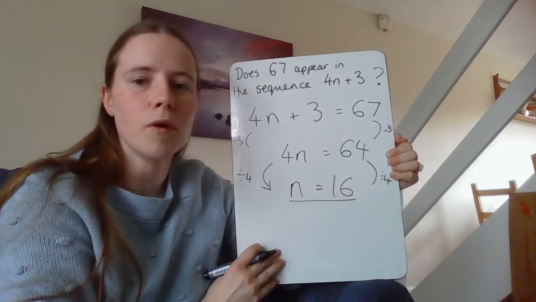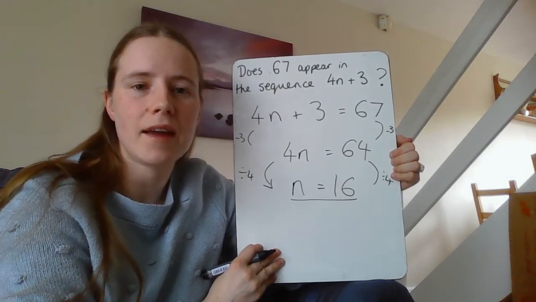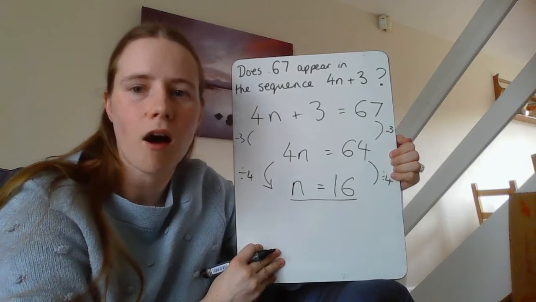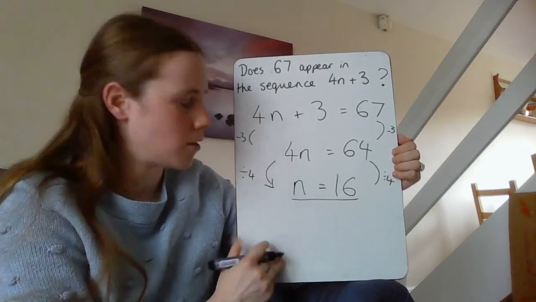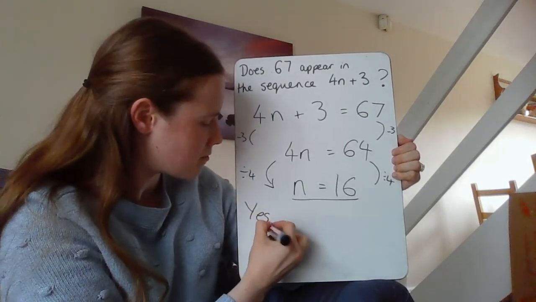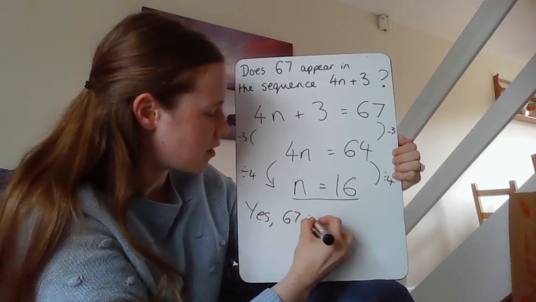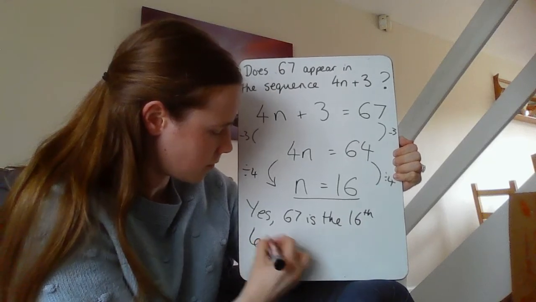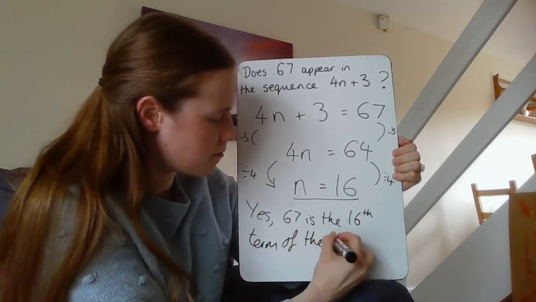Right. What this is telling us is that if n was 16, or I was looking for the 16th number in the sequence, I would get 67. So the answer is yes. 67 is the 16th term of the sequence